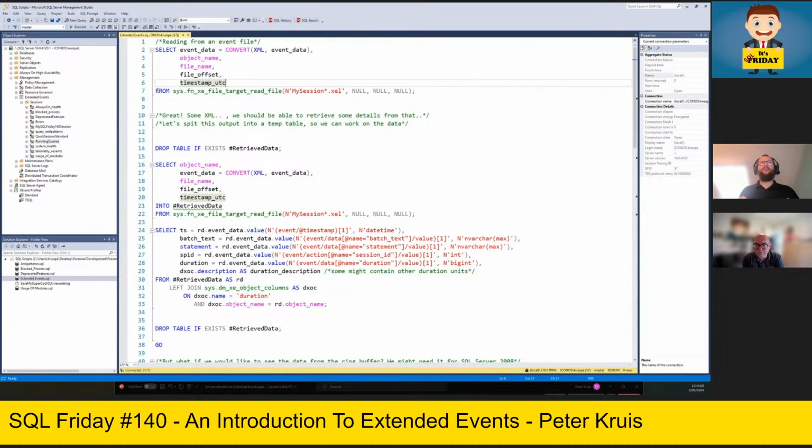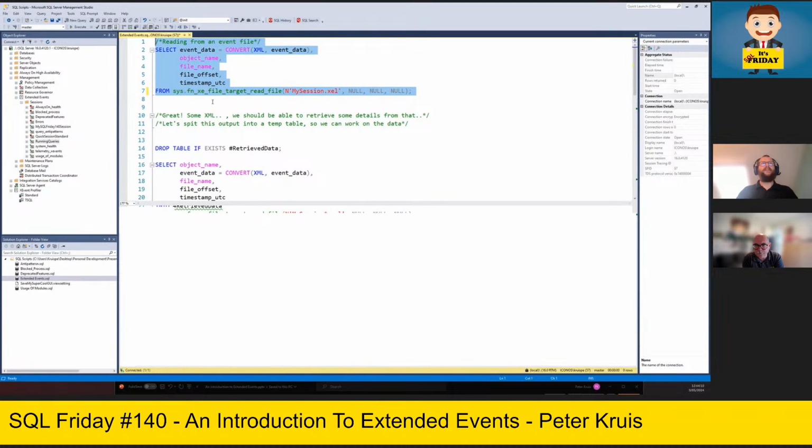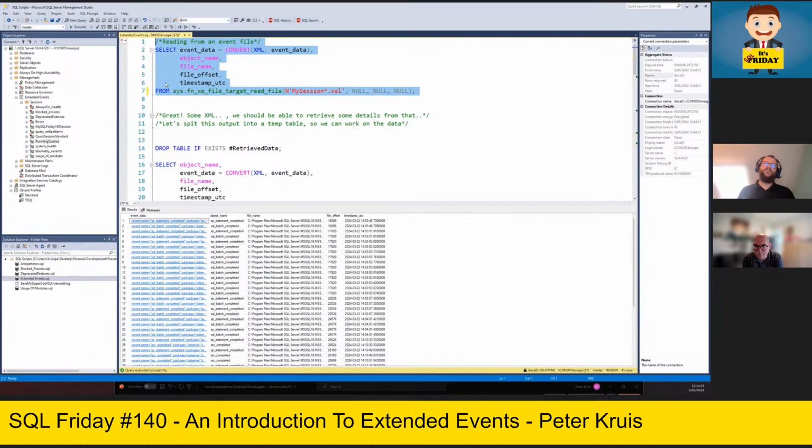But one very important thing is the star. In some demos, I forgot it, and as you can see, it doesn't retrieve anything, because when SQL Server creates that file, it adds some unique date timestamp-ish thing. And as you have seen when choosing the file, we were able to choose one file or 10 or 5 or whatever. With the star, you guarantee you will read all. If you know the specific name, of course, you can remove the star and filter for one specific file.